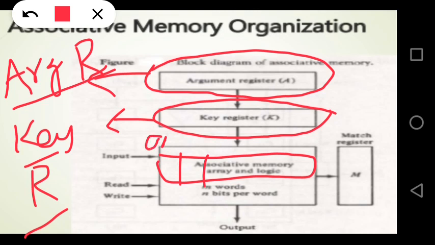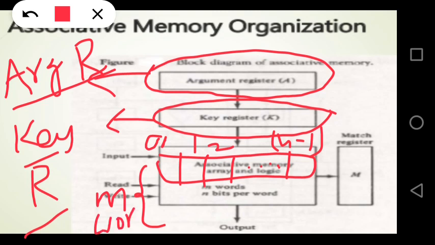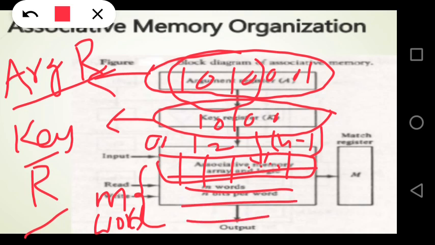0, 1, 2, dash dash dash dash n minus 1. So like that we have m words. So let's assume you want to find 10100001. Only part of the content is placed in the key register, and simultaneously this is compared with all the